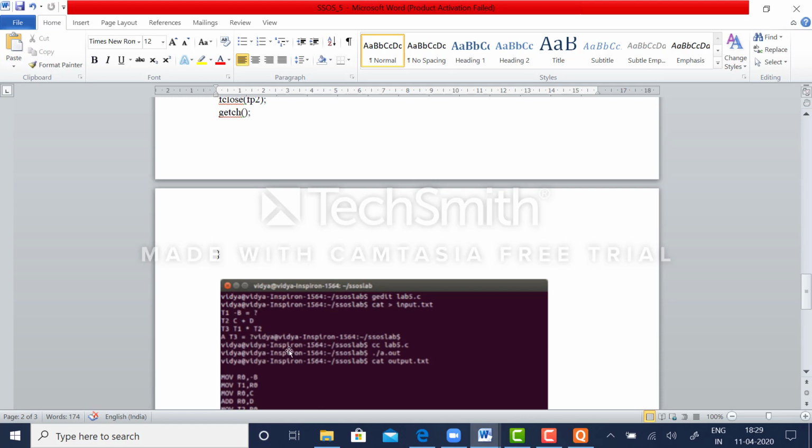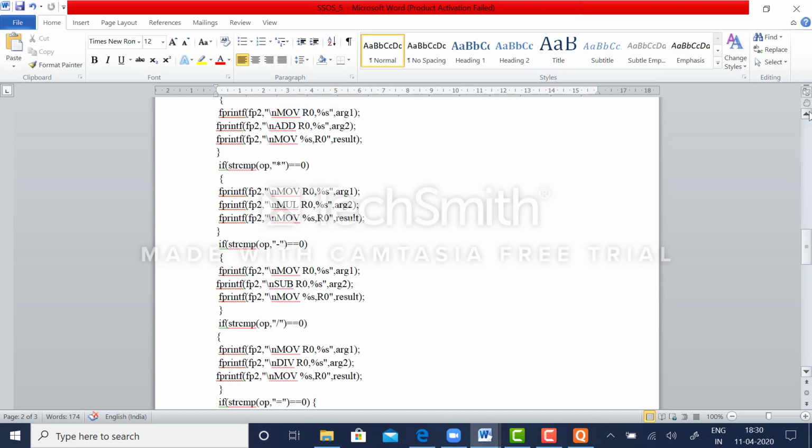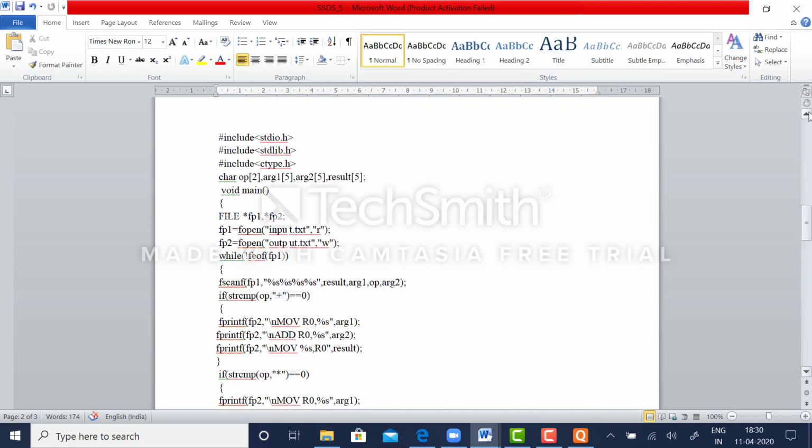Fine. You can either create a text file separately or create the file at the terminal also. So your input will be in your triple format, that is three address format, and the file is open now.